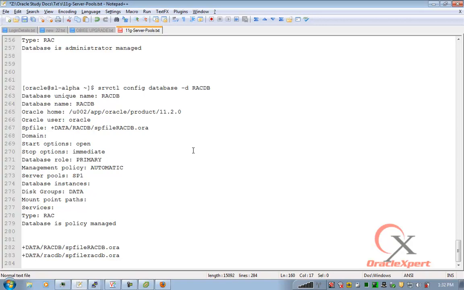I haven't seen so far any cluster which uses server pools. All of them are tiny clusters, at the max a 4 node cluster that I have seen till today. It's better to manage all those tiny clusters manually than to venture into server pools. Clear? So I will put a pause on this second part of this video.